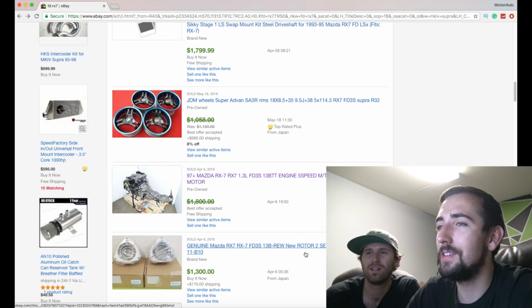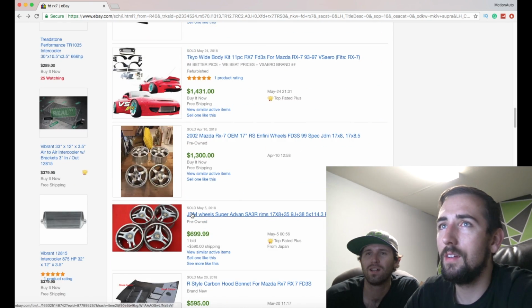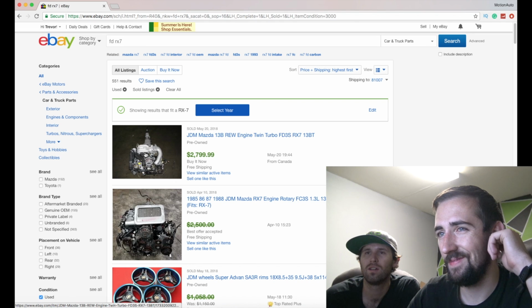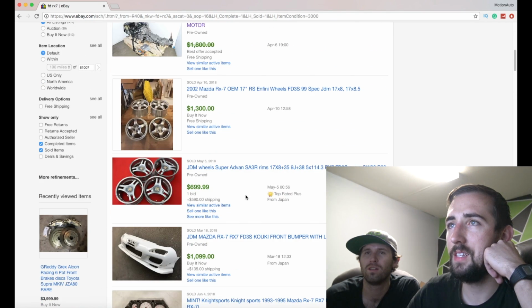Look at the rotors, they're $1,300. Yeah. So we're in the sold. I think we should go to used parts, because right now it's... yeah. We'll go to used. Let's see. We'll scroll down a little bit. That's cheap if that's really...